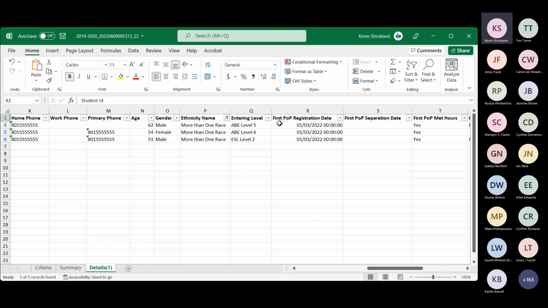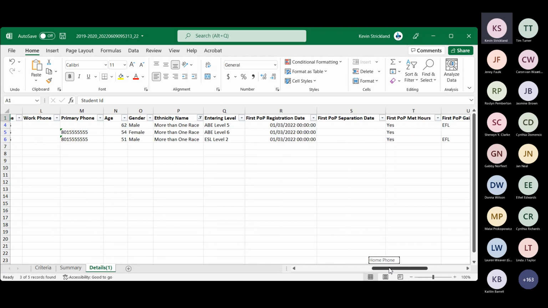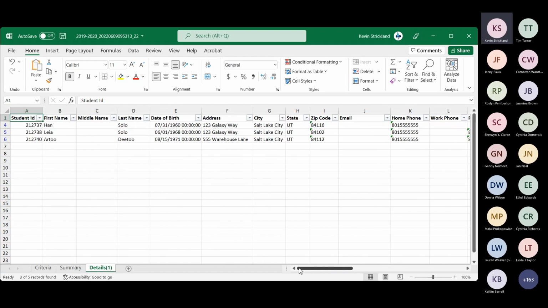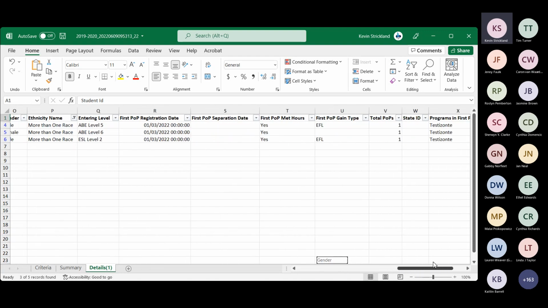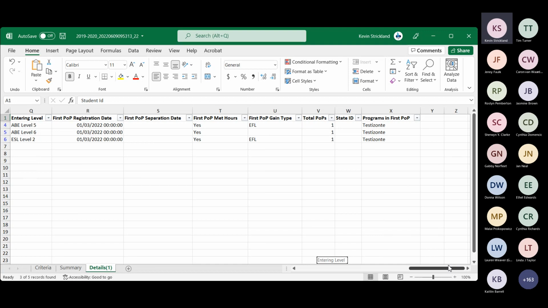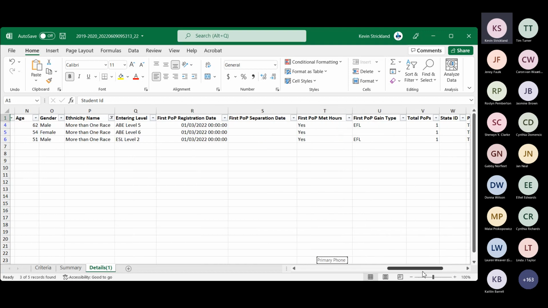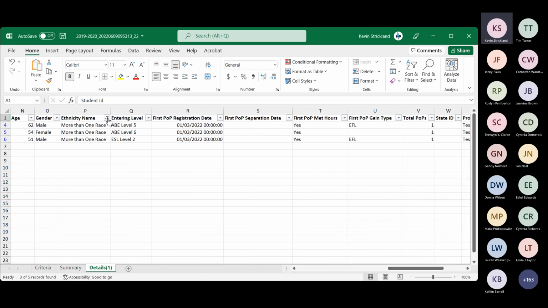The idea is the Excel spreadsheet is an extremely powerful tool, and I'm going to go back and close this. But again, the idea is to use the Excel spreadsheet, particularly when you have questions about the data in your reports, or you want to follow up to find out why a particular student isn't showing, or why you should have 146 students, but you only show 145. This gives you the ability to find out which students make up the population. And it's much more